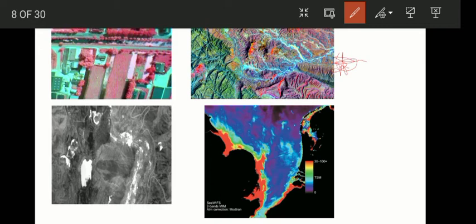The second image, the black and white one, is a multispectral image of the total suspended matter concentration in the North Sea, available from the CZCS data, and it is provided in this image.